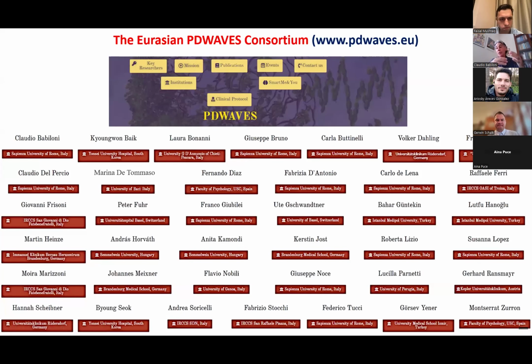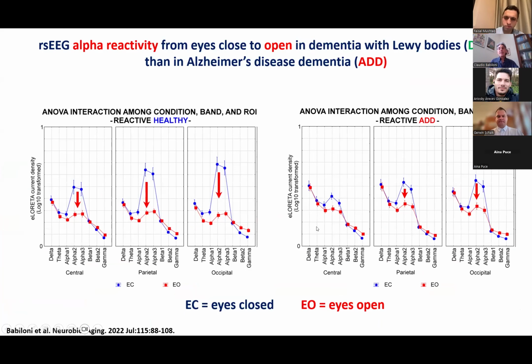And so I will quickly review some findings from international consortia, global consortia, collecting data from several clinical units in several countries. And this is the European and Asian PD Waves Consortium. And you can know more about this consortium from this website. You see some key researchers here. And the PDWA consortium